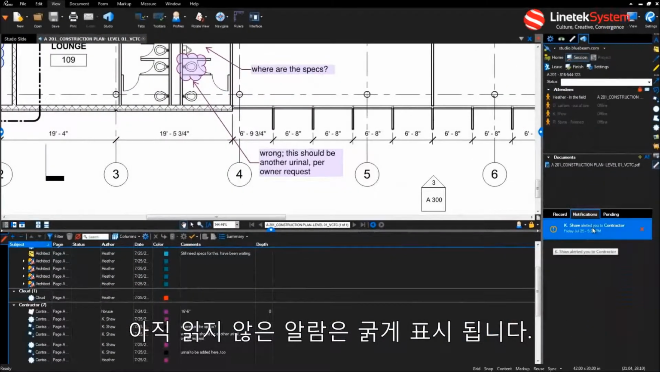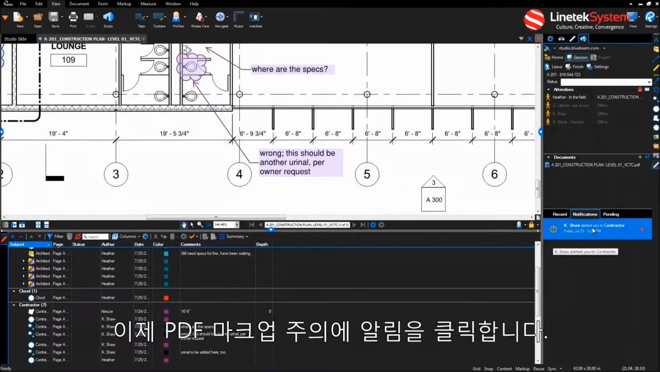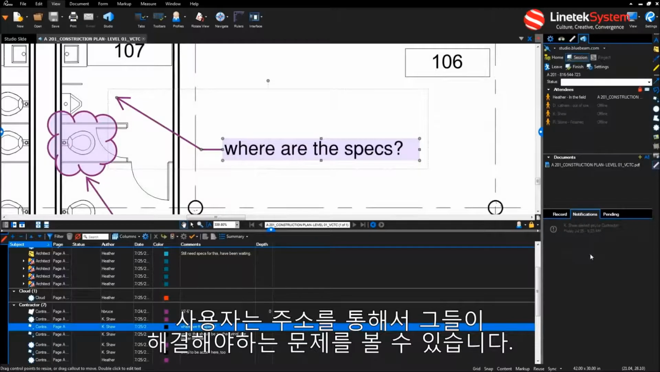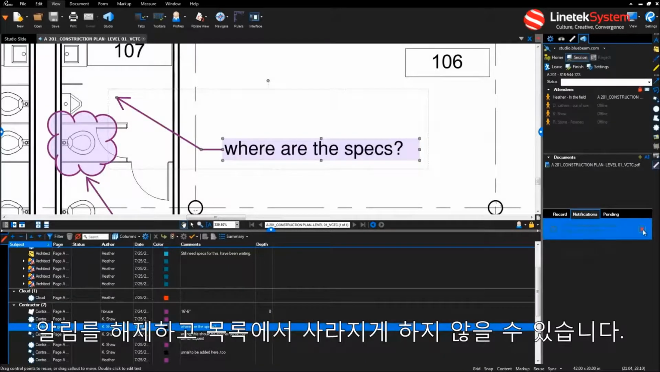Notifications you haven't read yet will be bolded. Click an alert and you'll be taken to that markup on the PDF. As you go through them and address what needs to be addressed, you can dismiss your alerts and they'll disappear